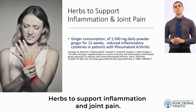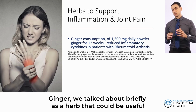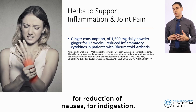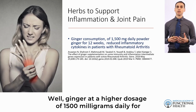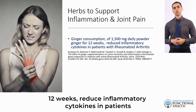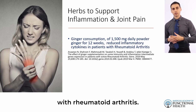Herbs to support inflammation and joint pain. Ginger, we talked about briefly, as a herb that could be useful for reduction of nausea, for indigestion. Well, ginger at a higher dosage of 1500 milligrams daily for 12 weeks reduced inflammatory cytokines in patients with rheumatoid